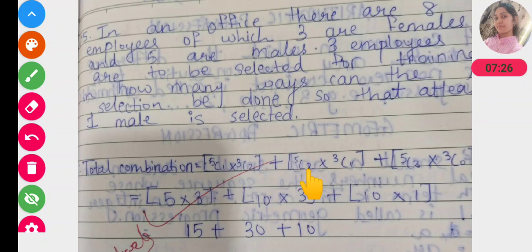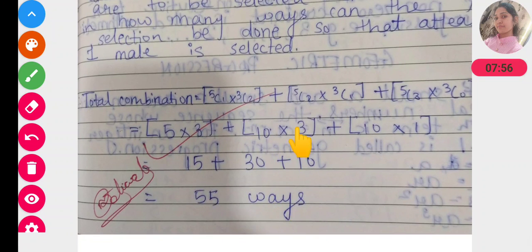When we selected 2 males, then 1 female will be selected, into 3C1, plus if we select all 3 males, it is 5C3, then females are 0, so into 3C0. 5C1 is 5, 3C2 is 3, plus 5C2 is 10, 3C1 is 3, plus 5C3 is 10 into 3C0 which is 1. 5 threes are 15, plus 10 threes are 30, plus 10 ones are 10. 15 plus 30 plus 10 is 55 ways.